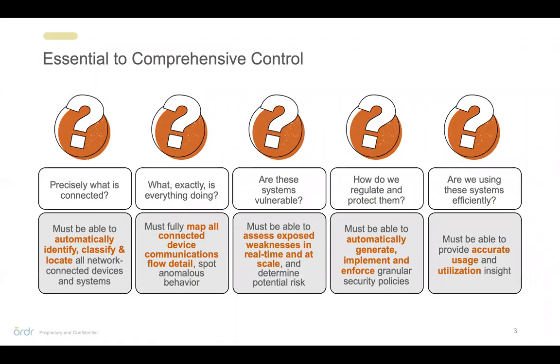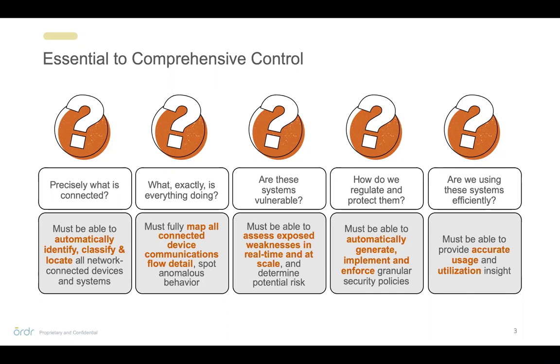So if you step back and think about the problem statement, we would assert that there's really 4 key areas that become critical to allow an organization to gain control of this environment and be able to gain the visibility, regulation, and control that's necessary to be effective. And they're really shown in this slide right now. The first 4 really focus on the visibility and control. The last one is much more of a data efficiency side, and I'll drive into each one briefly.